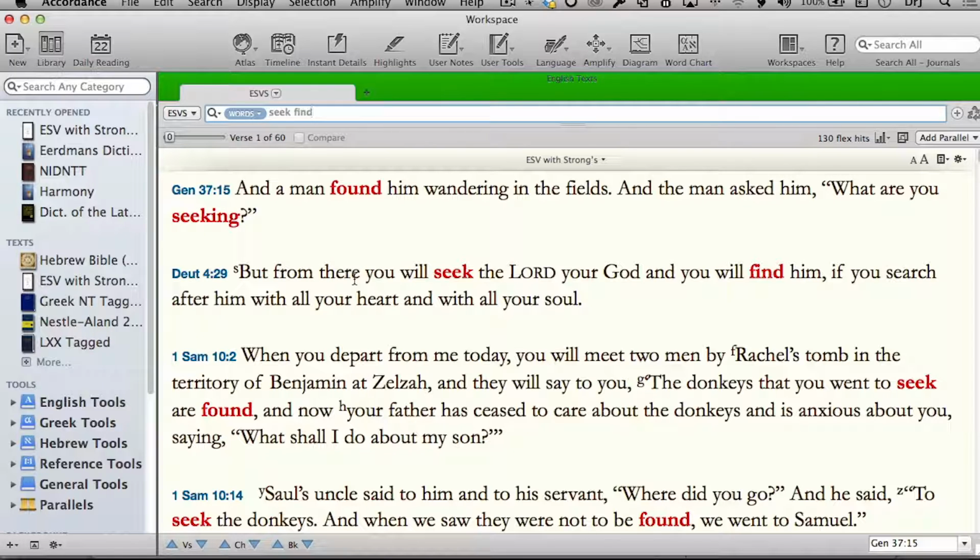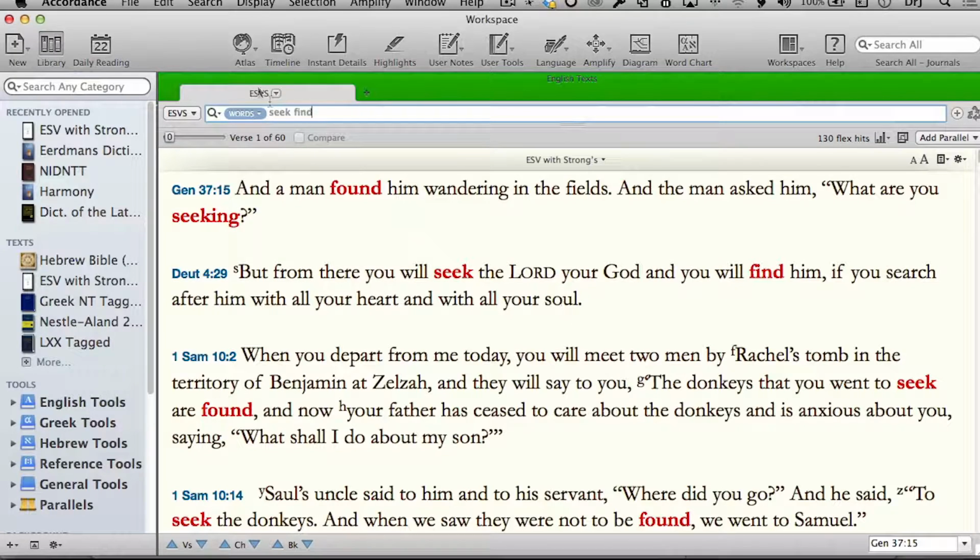Well, that's partly true too. They aren't next to each other. We'll talk about that in a second. And also, I heard it from someone: various forms. Even though we're doing an English search, because we did that flex search, it's in various forms. And so we see here found. Even though I searched for the word find, we see seeking,